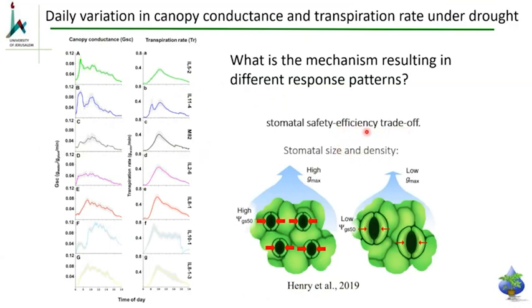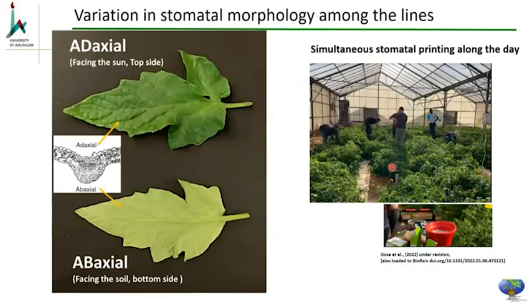efficiency trade-offs. They claim that the difference between stomatal density and stomatal aperture might have a role in the response of the stomata to the environment. And we were wondering, could it really be that the stomatal density is different between our lines? So what we did, we used this